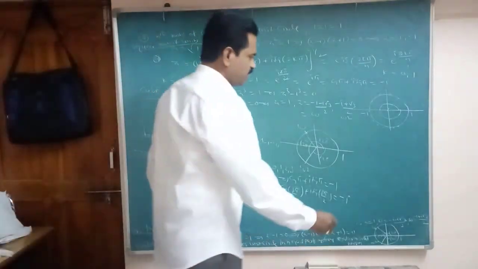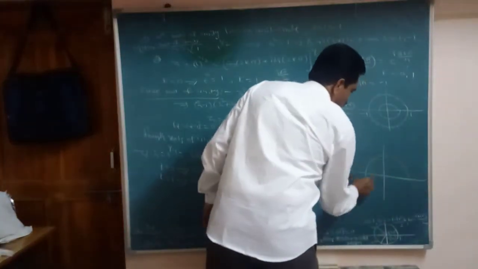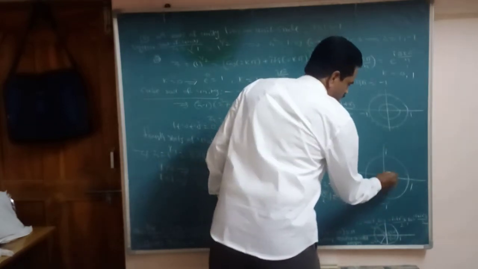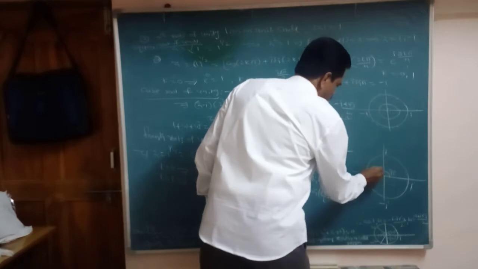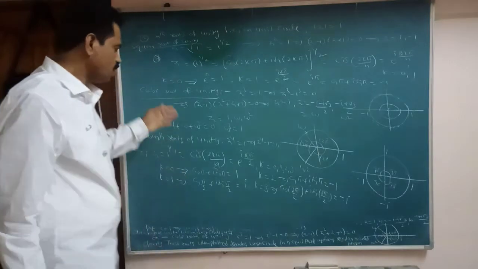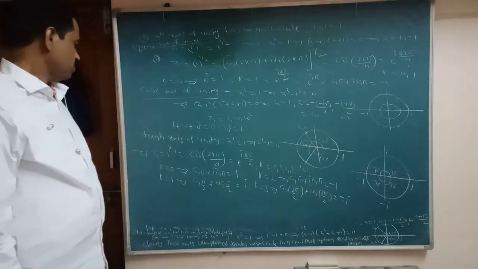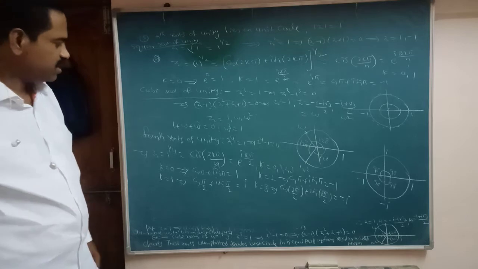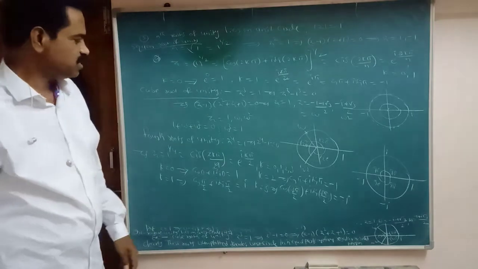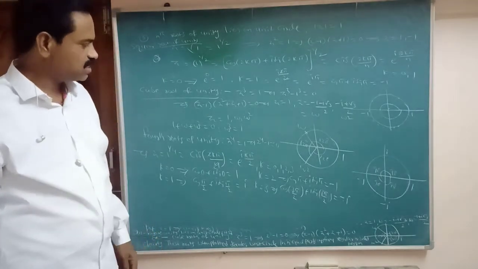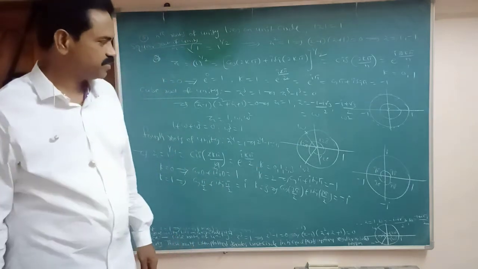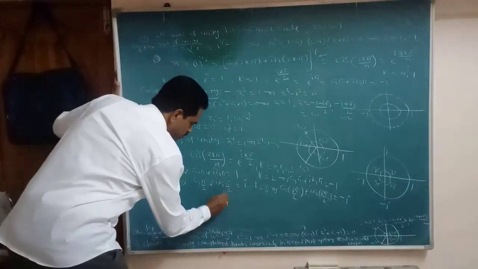So how many roots here? 4 roots. You observe here, it is dividing into 4 equal parts. Suppose this is 1, minus 1, I, minus I. Each angle is 90 degrees. Like this we can take these roots; when plotted they divide the unit circle into 2 parts, 3 parts, so on, n equal parts, and form a regular n-sided polygon.